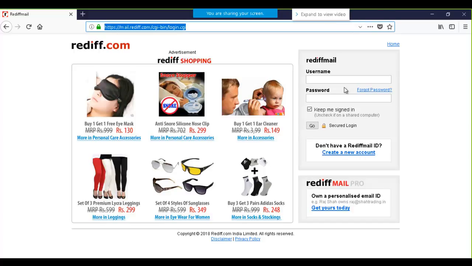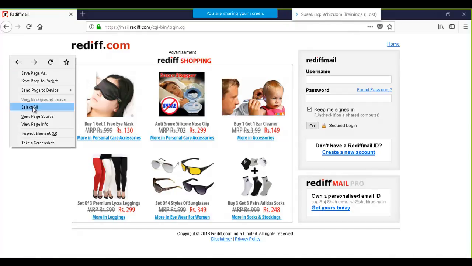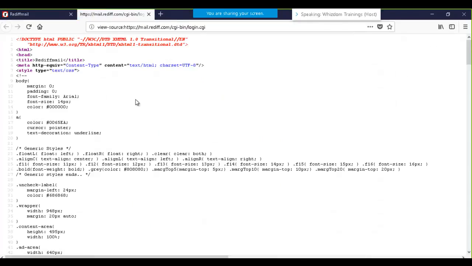Okay, now to understand how to work with the elements of the web, you need to understand HTML. Okay, HTML is a markup language. You right click on the web page and you will be able to view the page source. This page source is nothing but the HTML language. Alright,